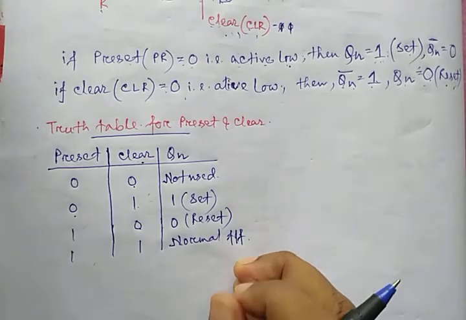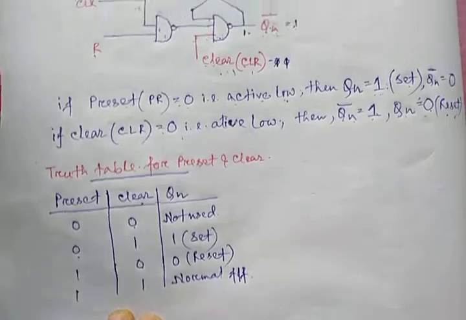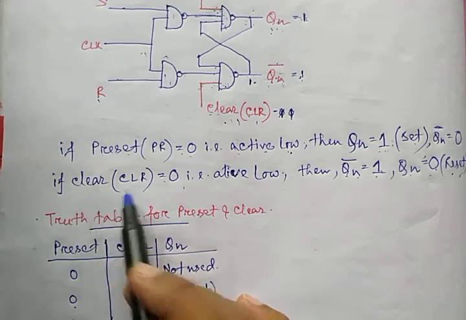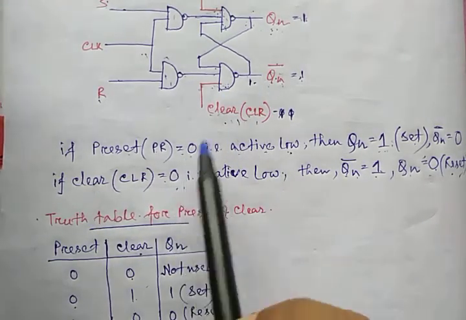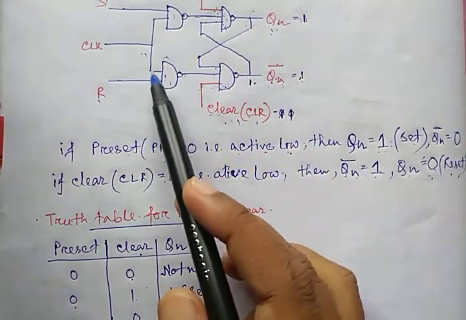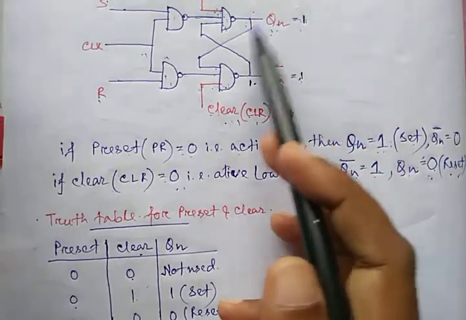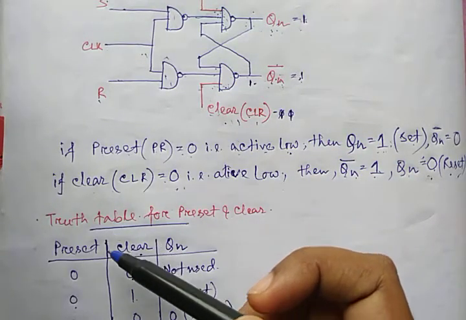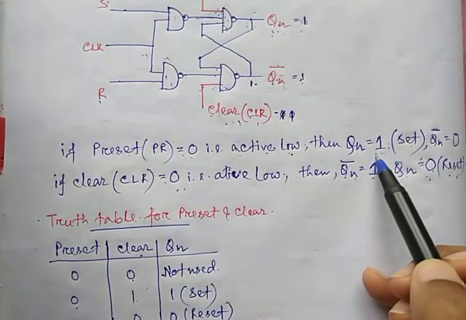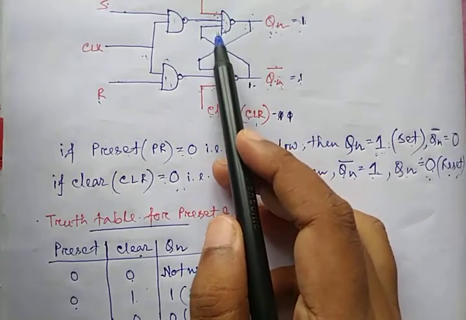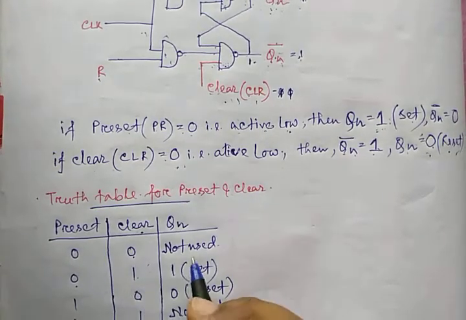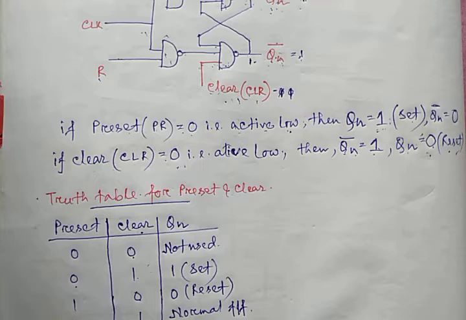Okay, so this is the truth table of preset and clear. Sometimes if we need to clear all the values in a flip-flop, all the time we pass clear as a 0 value, then whatever be its value in the flip-flop, it changes into Qn 0. And if we want to set the flip-flop value to 1, in some sequential circuits we have to set at the beginning of its work the value of the flip-flop as 1. Then we have to pass 0 in the preset signal. Okay, so this is the working of preset and clear in a flip-flop.